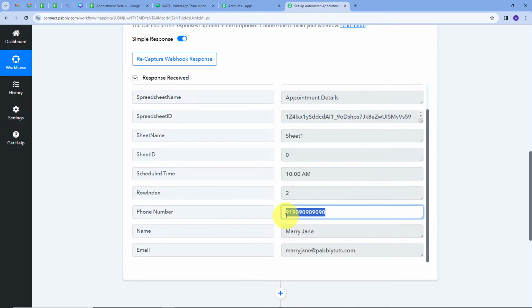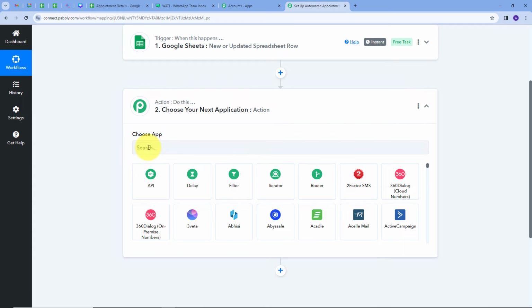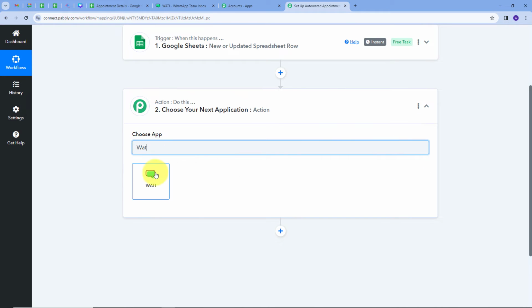Now in this response, I have this phone number. So what I'm going to do is I'm going to use this number and I'm going to send an automated WhatsApp message to this particular number so that they will get a reminder message on their WhatsApp about their scheduled appointment. So for that, I will set up my action step. So I'm going to open this tab and here I'm going to search for my action application, which is Vati. So I'm going to select this